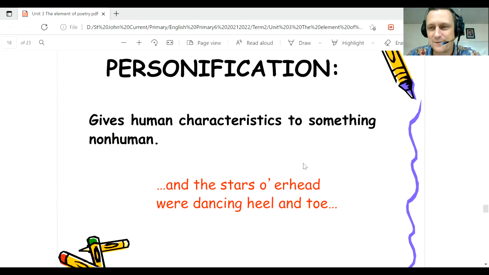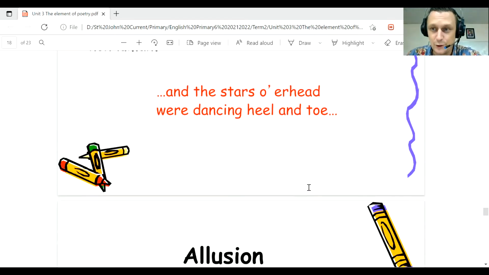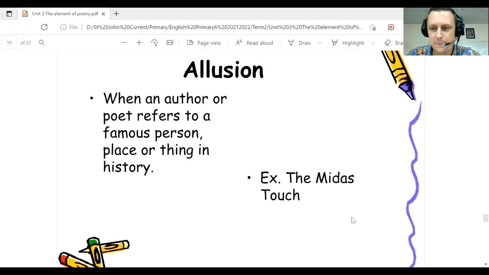Things that are not alive and not human, but we give them something human. Allusion. Oh, that's one of my favorite ones, but it's very hard to explain. When you say something in language that looks like it comes from something else, like for example the Bible, or you say something in a way that a famous person speaks, like